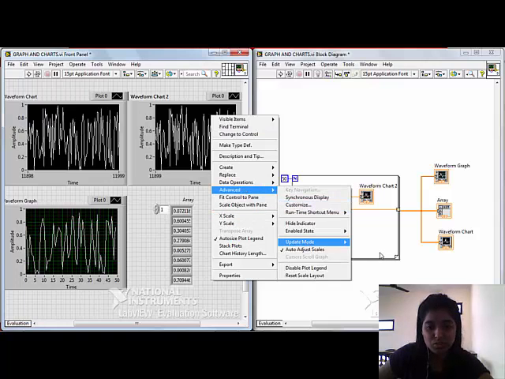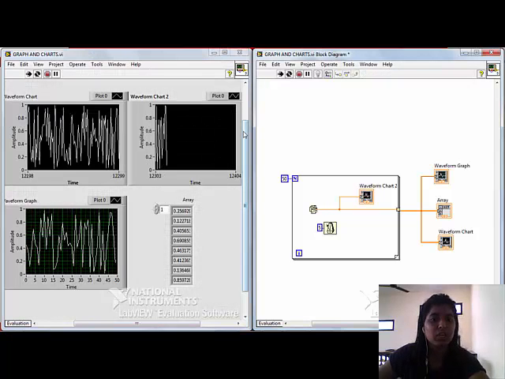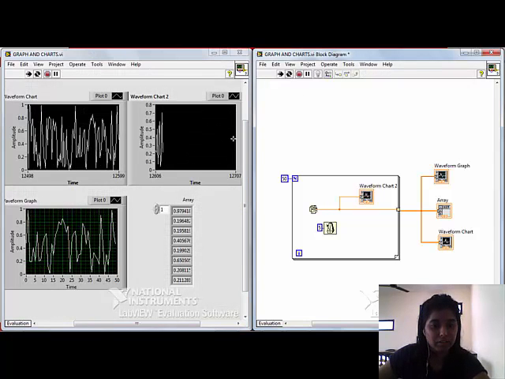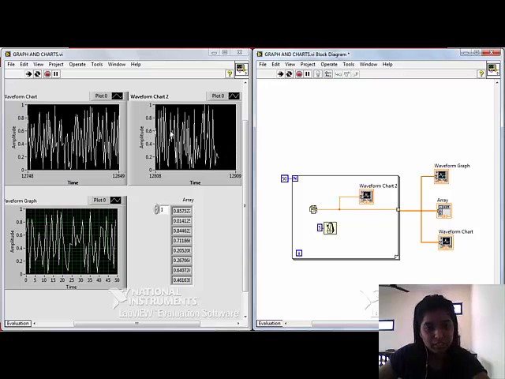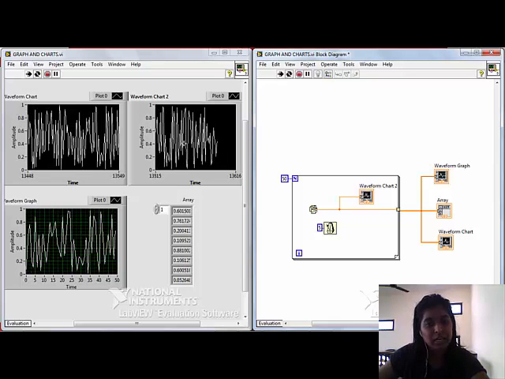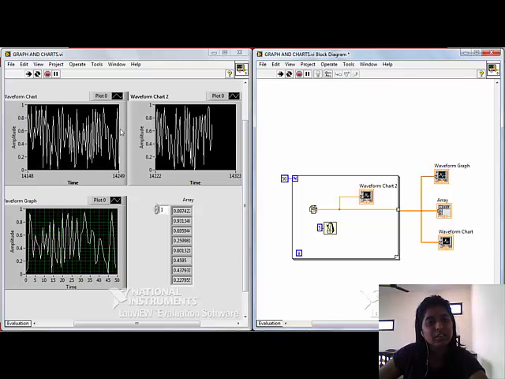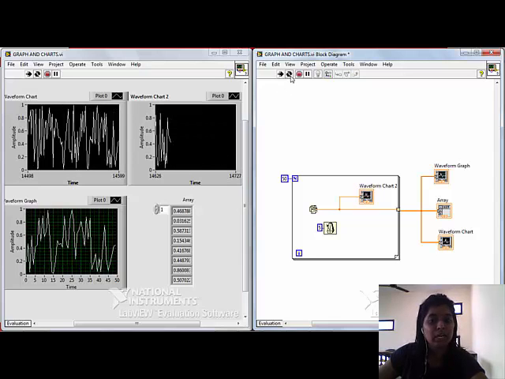Advanced, update modes, and then scope chart. Now let's see what happens in scope. You can see values being generated and the old values are erased. In strip, the new data was generated while keeping the old data. Here the new data is generated and the old data is erased.